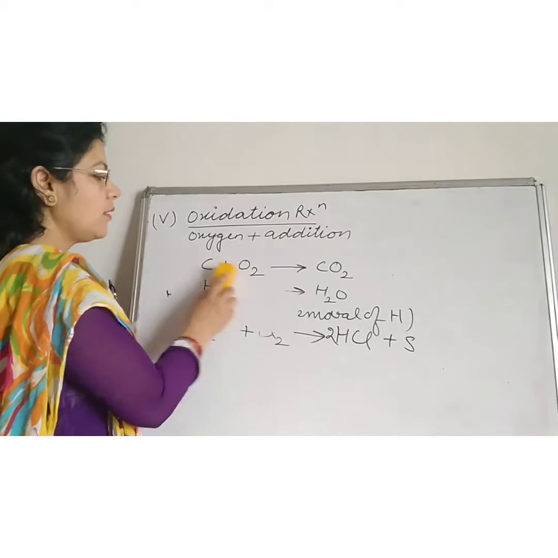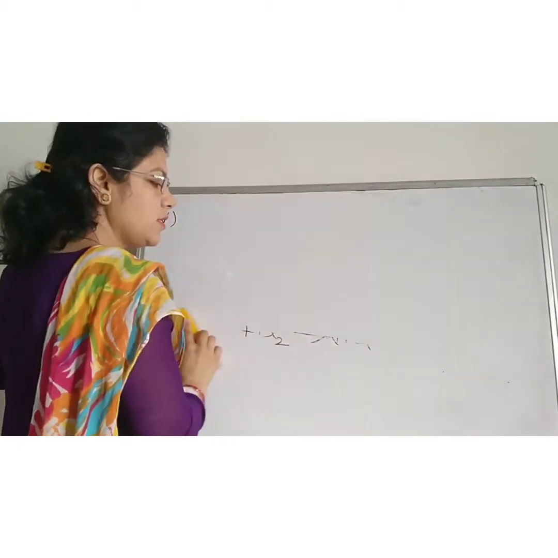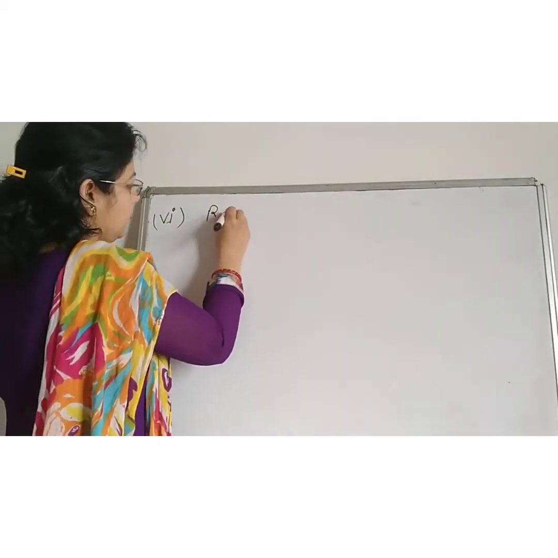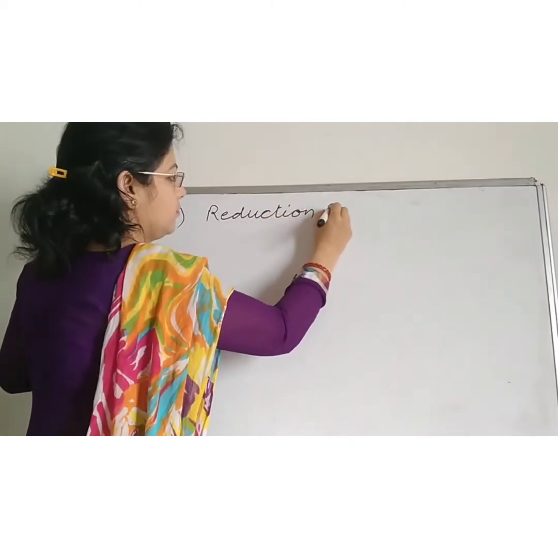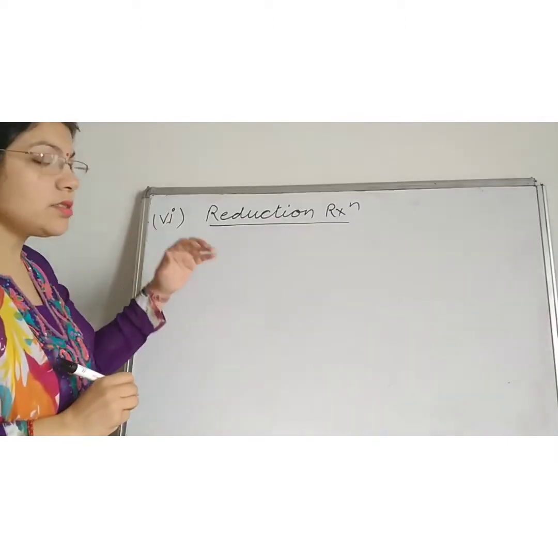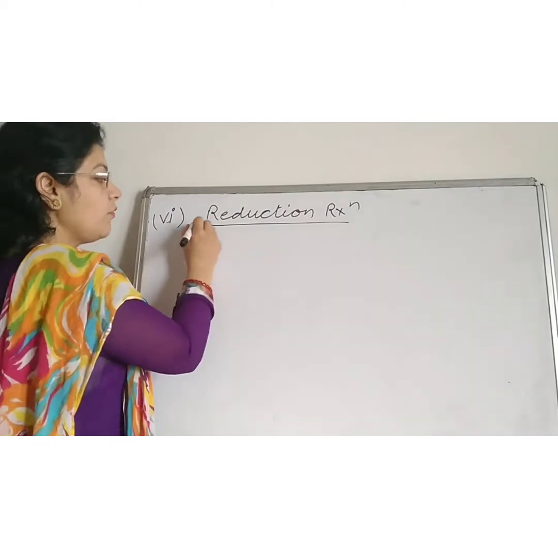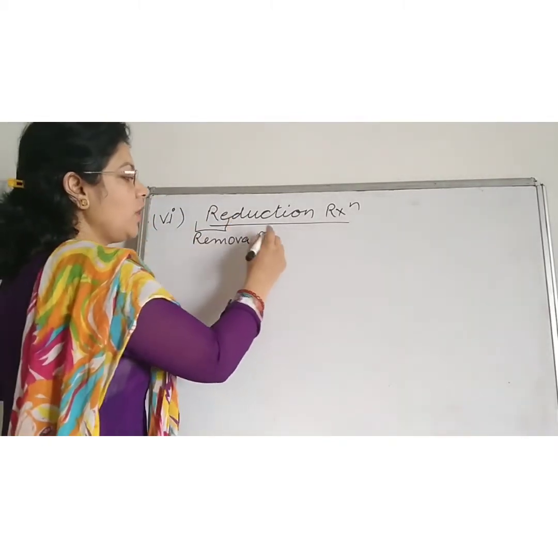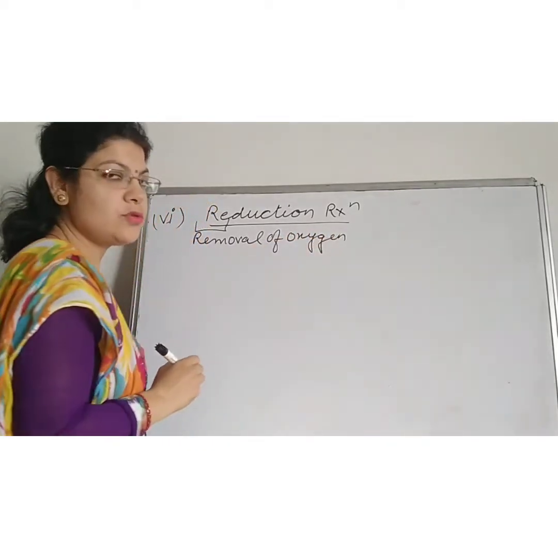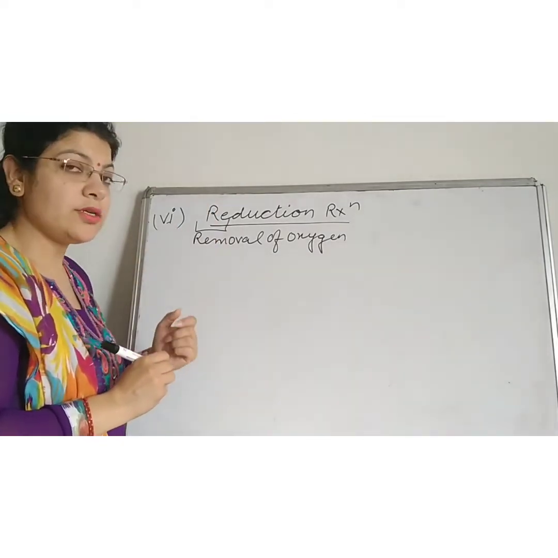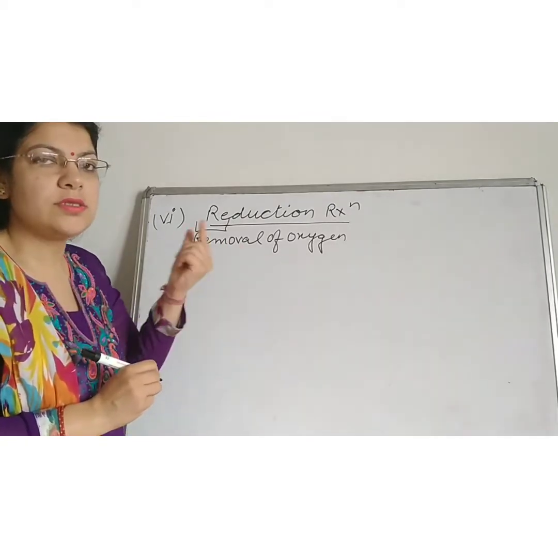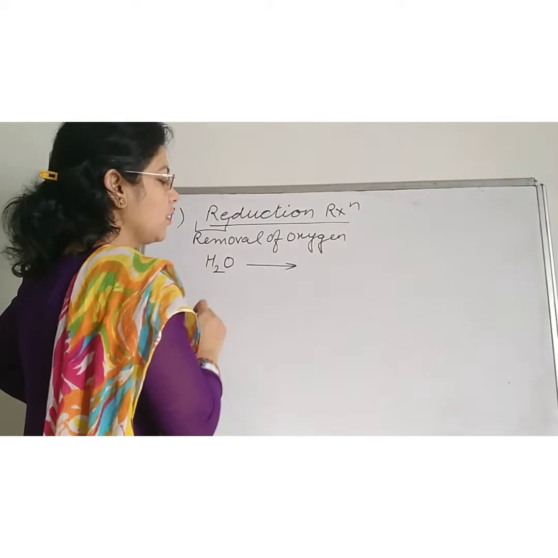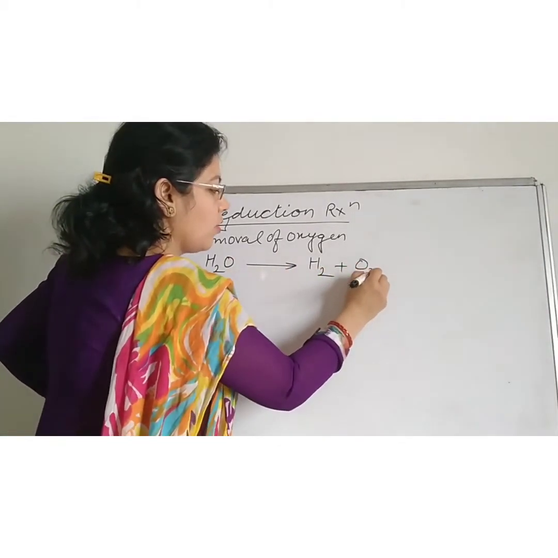Next type of chemical reaction is reduction reaction. Reduction reaction is just the opposite of oxidation reaction. Here the word re represents removal. Removal of oxygen. In case of reduction reaction, it is defined as removal of oxygen, meaning the reactions which take place by removing oxygen are known as reduction reaction. For example,